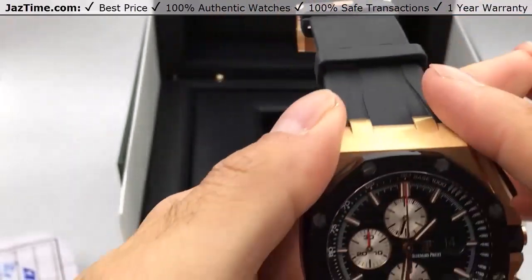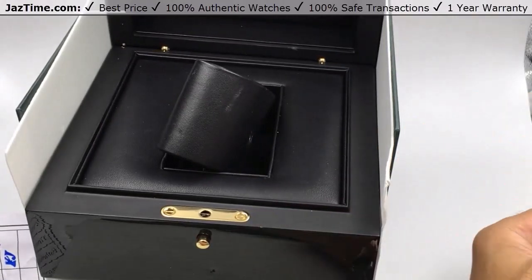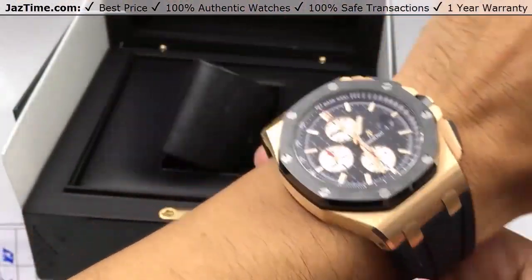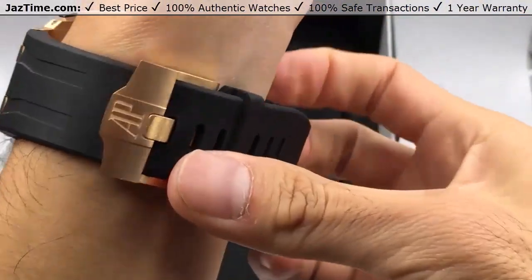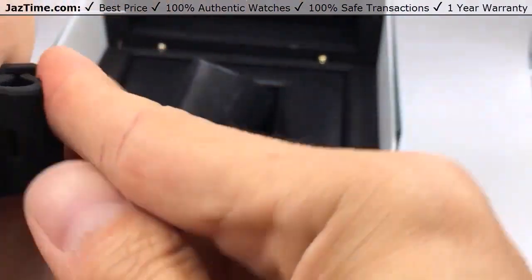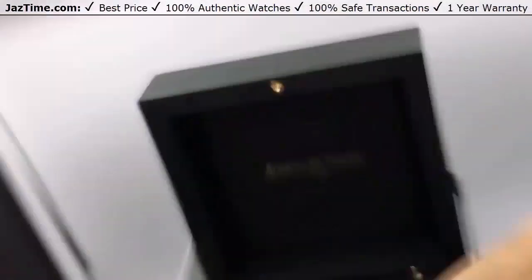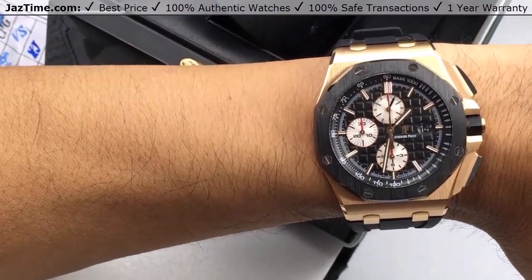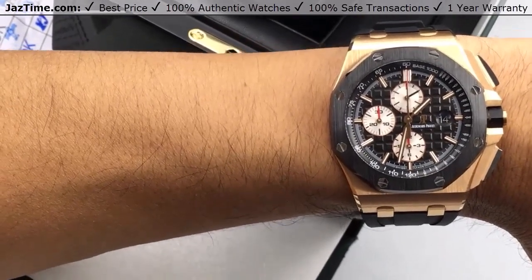So how does it look on your wrist? Well, here we go. I'm going to try it on for you guys. There you go. That's the AP Royal Oak Offshore 44mm ceramic in rose gold with ceramic bezel, reference